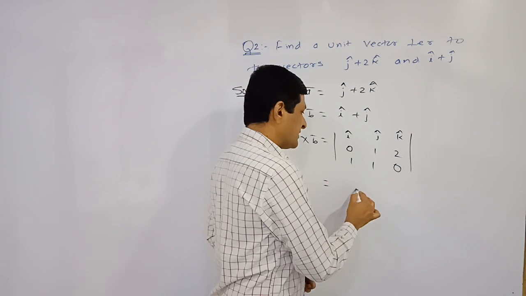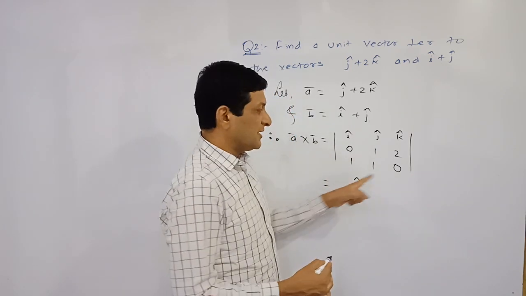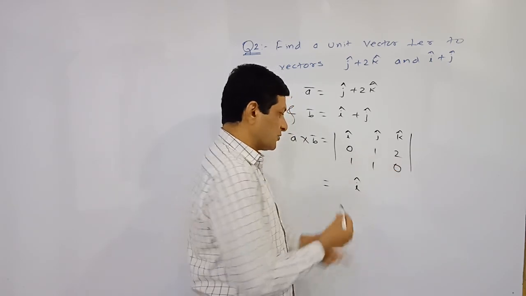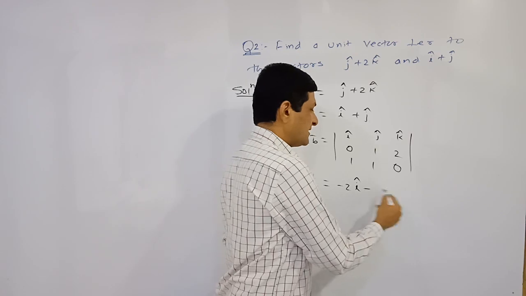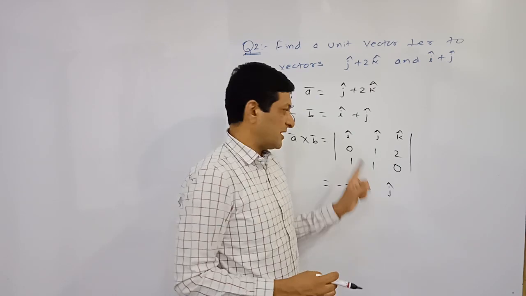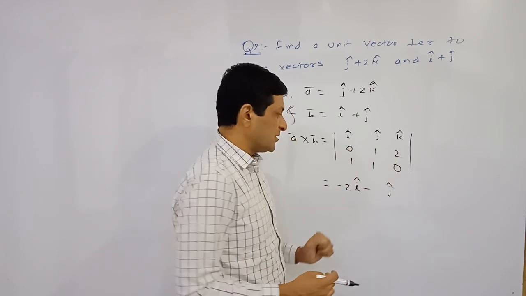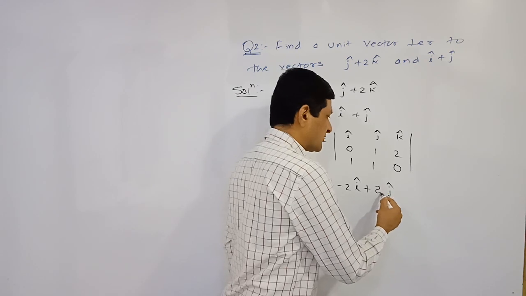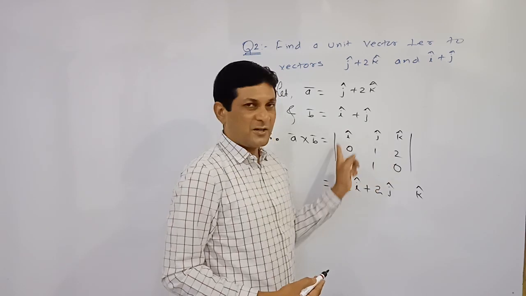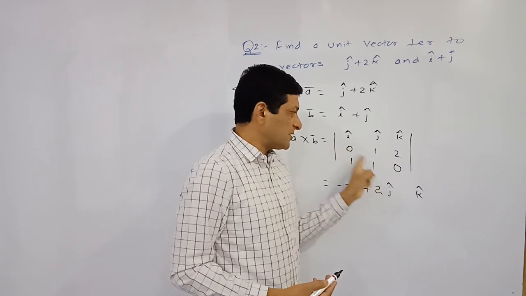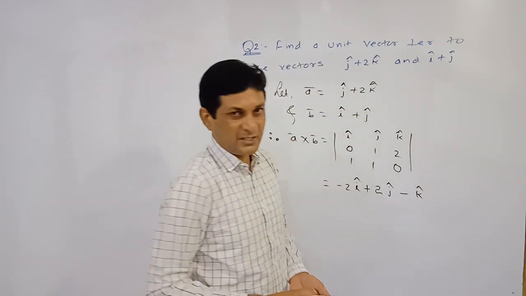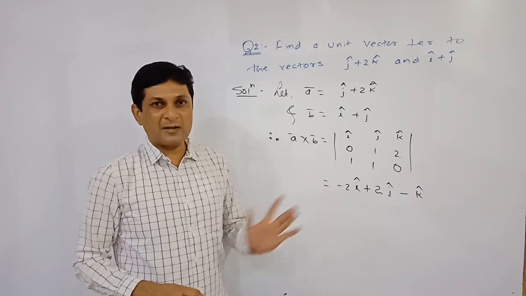Now let us simplify this determinant. Keep this i cap as it is, delete this column, and find the determinant of these 4 elements. So 0 minus 2 will be equal to minus 2. Plus j is there, then we take minus j, delete this column, find the determinant of these 4 elements. This product is 0, 0 minus 2 is minus 2, and this minus will become plus 2. Lastly, we find the coefficient of k cap. Delete this column, find the determinant of these 4 elements. This product is 0, 0 minus 1 equals minus 1. So it is not necessary to write 1 here. In this way, we have got the value of A bar cross B bar.